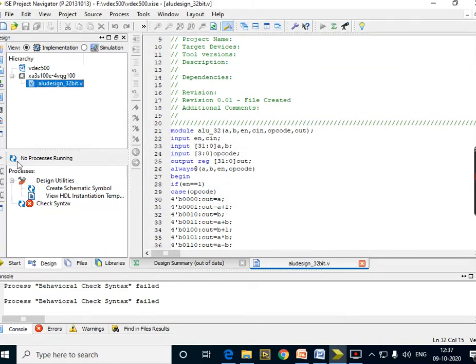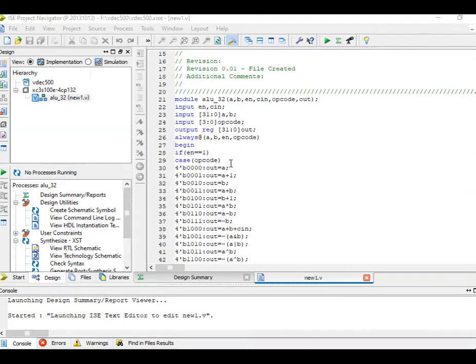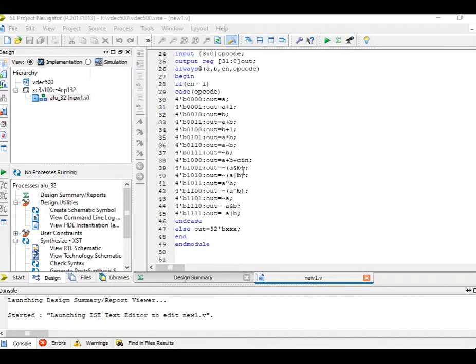It is reset once again. Okay, then you have to go for implementation of this. So let us see the execution of this particular program on the Xilinx window. Already I've added a program here, really 32. Okay, the same code which I have executed, and just now we have seen the explanation also of that. And now this particular code is selected as a top module. And once you select this as a top module, now we are executing this particular program. So first I'll go for the simulation of this one.